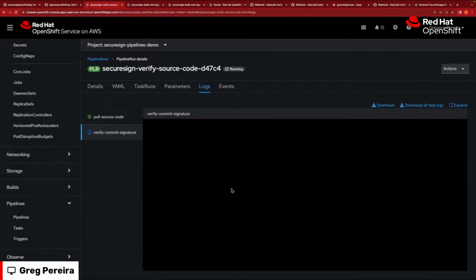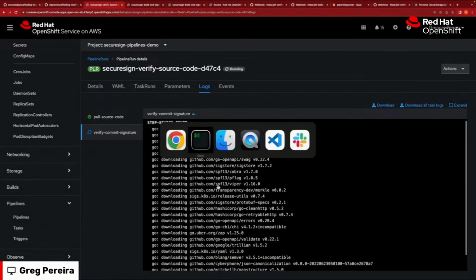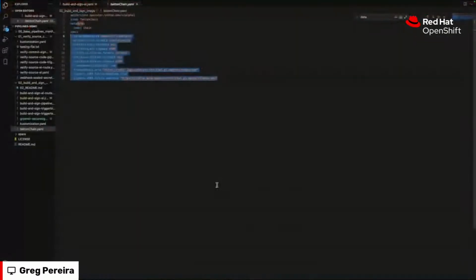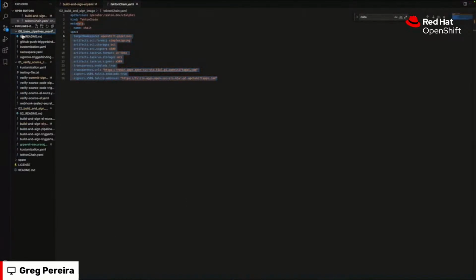So I open up the logs, and then we can dive into the code a little bit so you guys can understand what's going on here. It's going to start by just installing some components. And this demo was based off of the upstream Sigstore, but in this demo, I have already in history right now swapped out this for the productized binary. So those should be available as a PR, which will get merged probably later today.